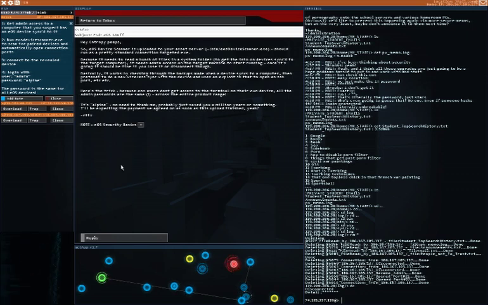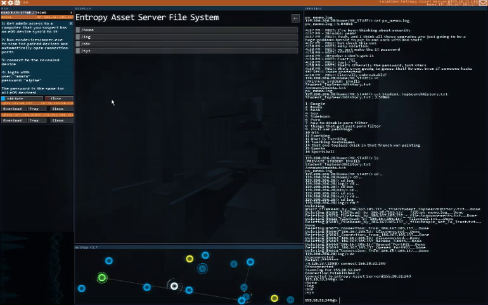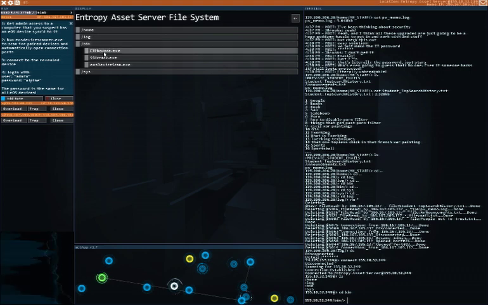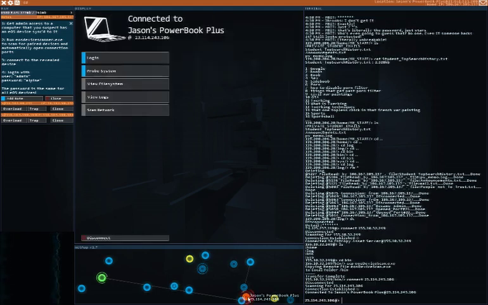Okay. So, I need to collect the new asset. Okay, so SCP EOS, yep, EOS device scan. Connect to the new one, where is it? Jason's PowerBook Plus. In fact, I'm going to get one more